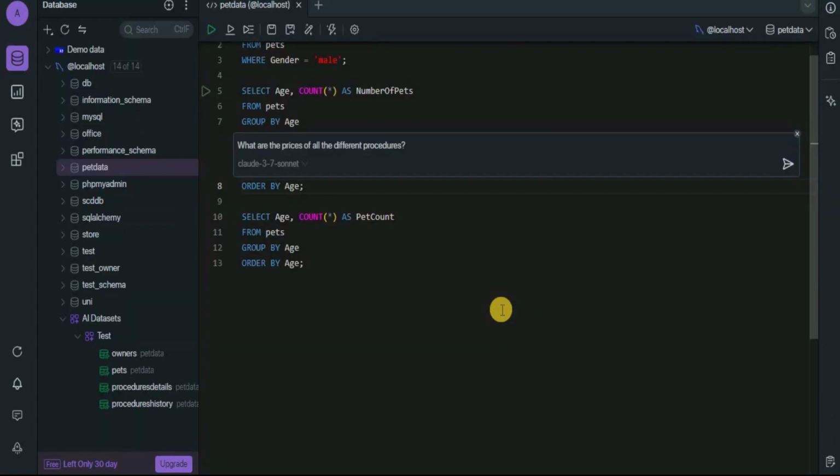provided us. So in this way, you can easily interact with your database with our graphical user interface, just like VS Code or any other IDE. You simply have to establish a connection with your required database, and then you can go ahead and play around with it using natural language, and it is going to generate SQL queries for you. You can go ahead and run the queries right here inside the same platform. You can always go ahead and optimize the queries, and you can also use the query in order to generate different types of dashboards to create visualizations for a better understanding of your data. So overall, it is an amazing tool for interacting with your database without having to write complex queries.